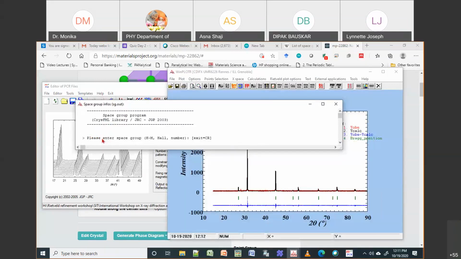Then if you scroll down, it will give the possible Wyckoff positions. Wyckoff position is nothing but the atomic position. So in our case, we know our sodium is in 0, 0, 0 position. So you can look where is 0, 0, 0. So 0, 0, 0 is 4a. 4a is the site of Wyckoff position of sodium.